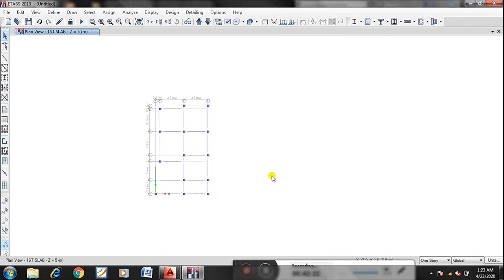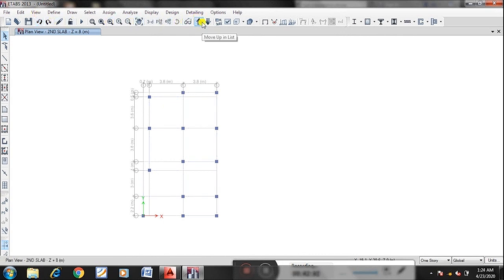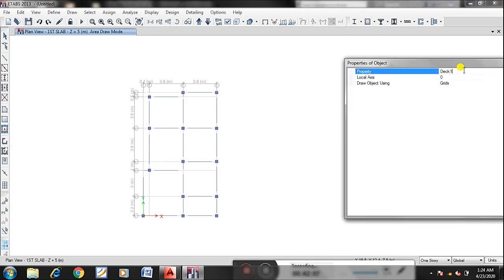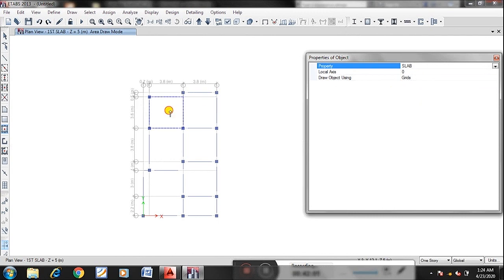So now I'll draw a slab. Even you can replicate along with the slab also. Just come back. In the first, second slab we don't have any column, any beams, as well as in roof slab also we don't have any beams. You know what I will do? Now I am in first slab. I will draw slabs. Draw quick slab. Slab is there. I'll choose slab. Here are slabs.